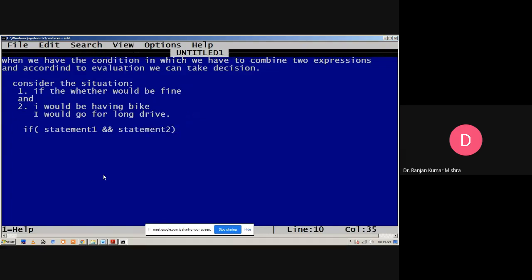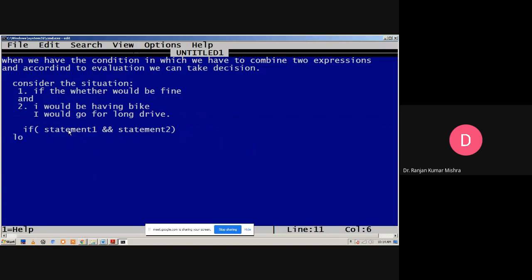If both statements are true, then we go for this decision. This operator is known as the logical AND operator.